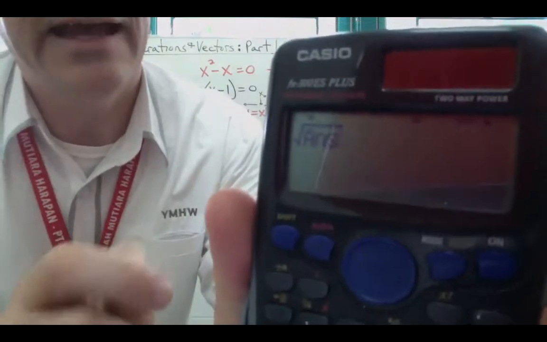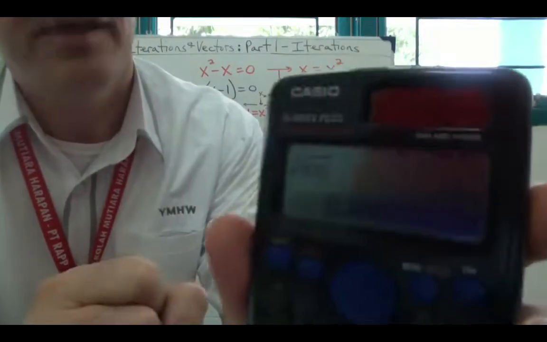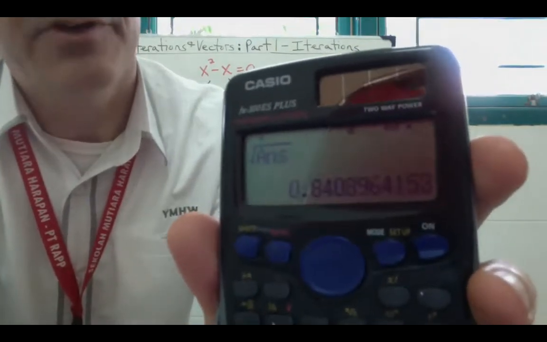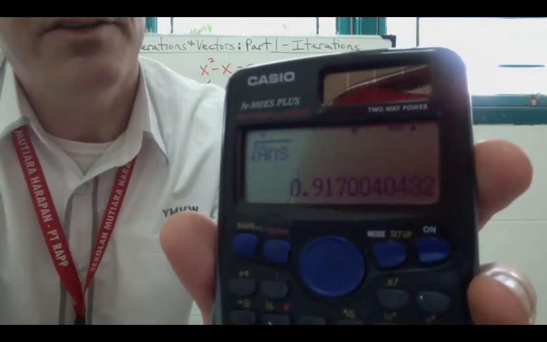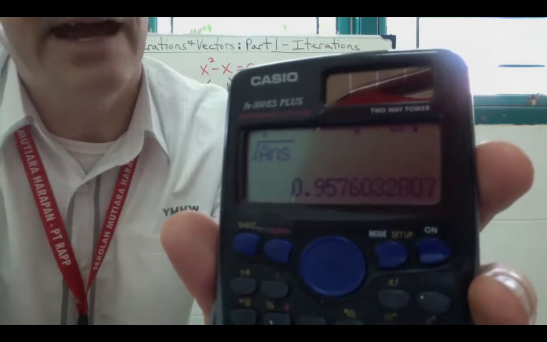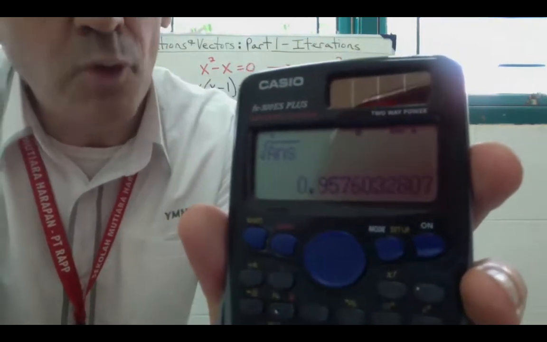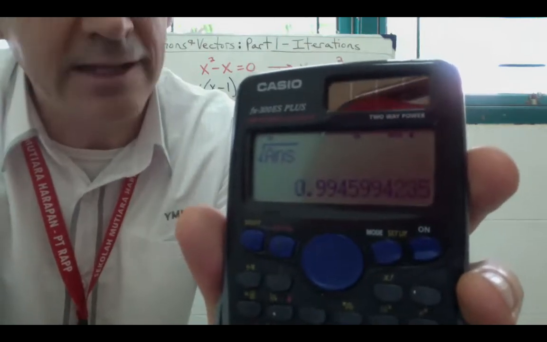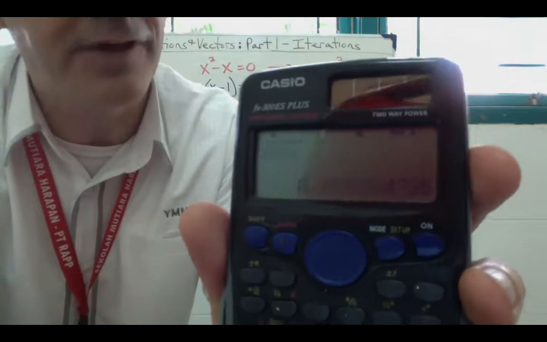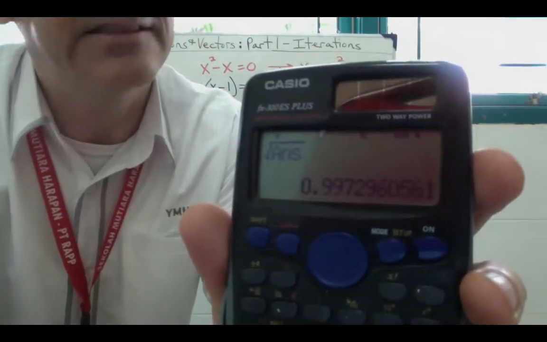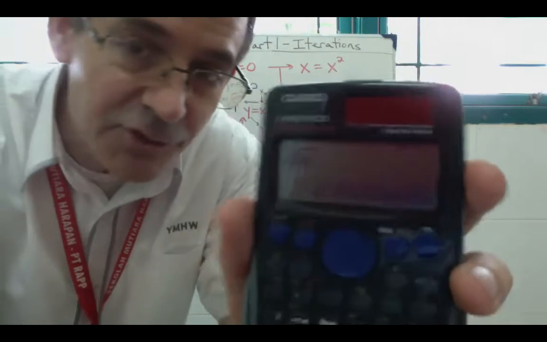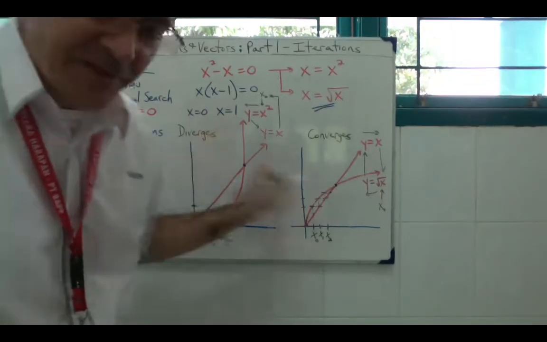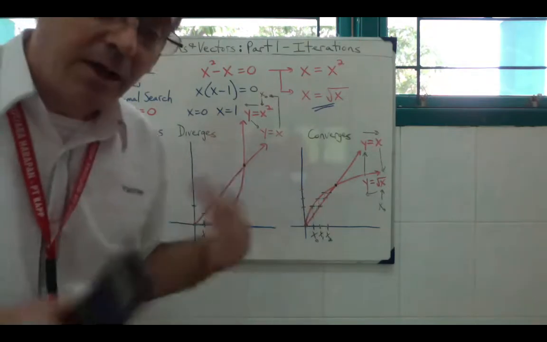So you put in the answer and now hit equals. And now we have 0.84 and we hit equals again, 0.917, hit equals again, 0.957. Notice the more times you push it, the closer and closer it's getting to 1. Now it's 0.9945, 0.9972, and it's getting closer and closer to 1, which is the root that this particular graph shows, although the